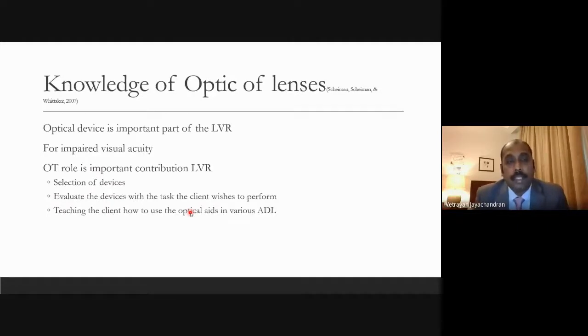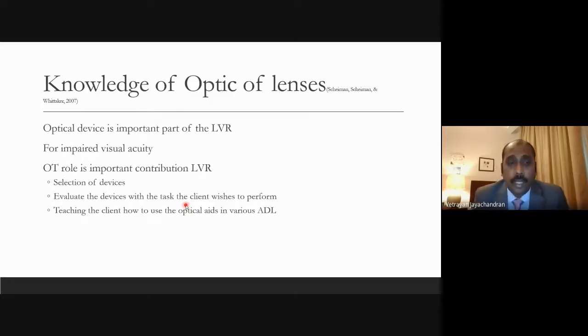So another important thing we have to know about is the physics of the optics of the lenses, because when the optometrist is suggesting the low vision devices for our patients, we have to evaluate whether the devices will be useful for the patients in doing all their daily functional activities. And if you find there is any difficulty for the patient in using this kind of optical device, you